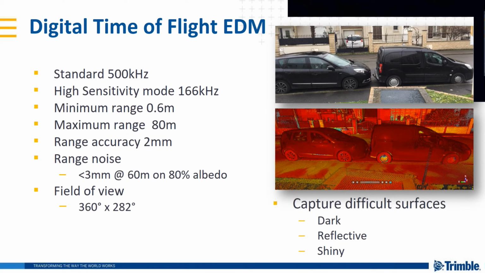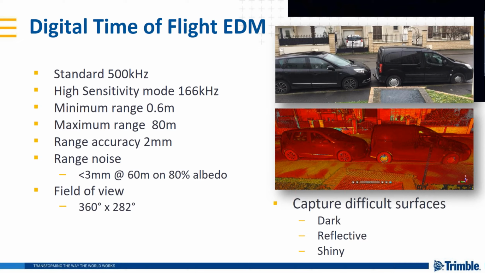In terms of sampling on this unit, we're sampling at 2 rates. So we have a standard 500 kilohertz, or 500,000 points a second. And we also have what we call a high sensitivity mode at 166 kilohertz. Basically, the scanner slows down a little bit, takes a little bit longer time to wait for that echo, and uses slightly different algorithms to tune for what it's reflecting on. So anybody that's into scanning probably knows that